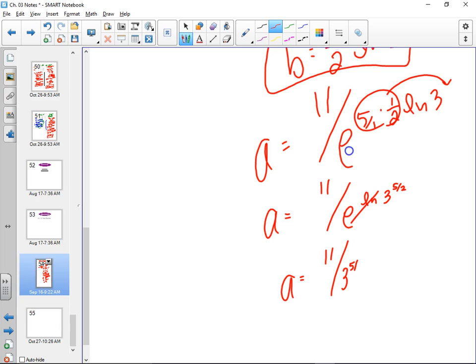No, it's still not pretty. 3 to the 5 halves. I don't know who that is. Do you know who that is? We'd have to go plug it and chugging him into our calculator. But I just wanted to remind you, we can't cancel e and ln until a power goes up, right? Isn't that 33